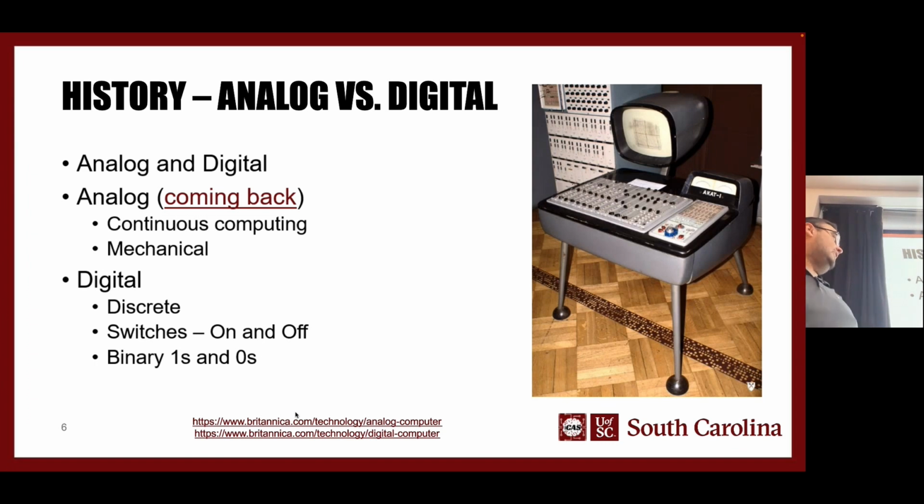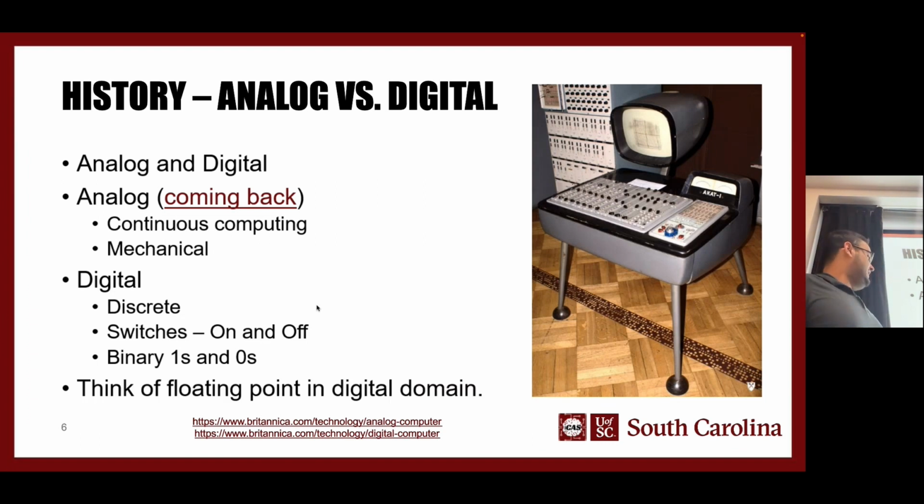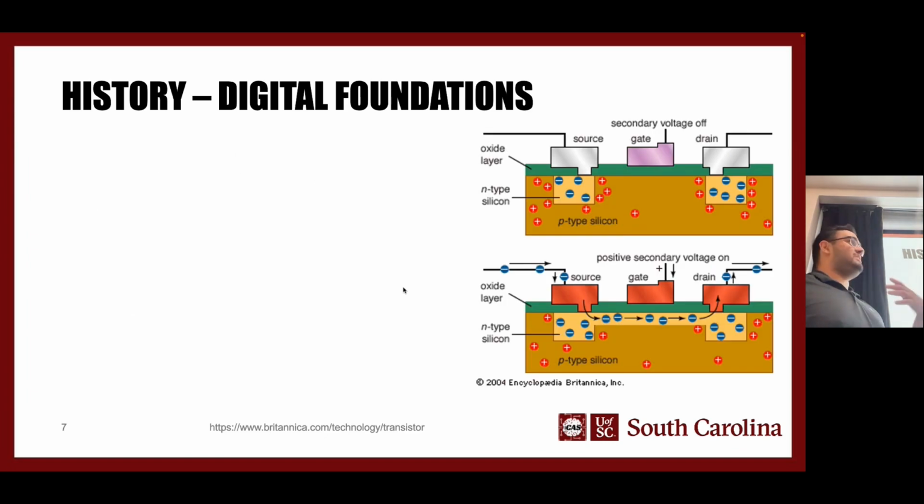So again, digital, analog differences. You got switches and on and off, ones and zeros, versus analog, which is continuous. Think of, if you know electronics, voltages, how voltages change. Everything's continuous when it comes to voltages and currents and stuff. And if you really want a good example of where analog and digital can shine, think of how floating point numbers work. If any of you have taken digital logic design, you know that floating points or decimal numbers are zeros and ones, but they're very intense operations on a digital computer because it's not supposed to be continuous based.